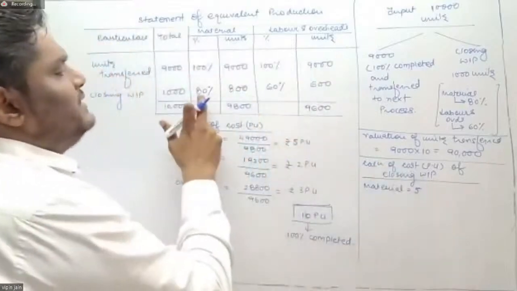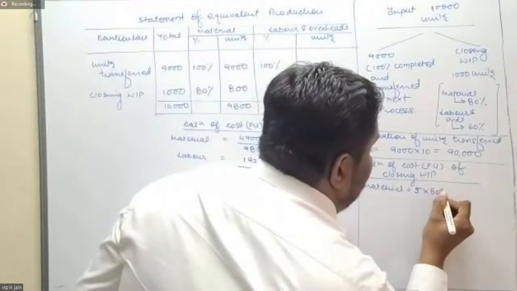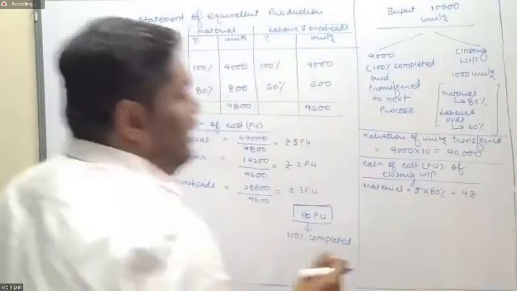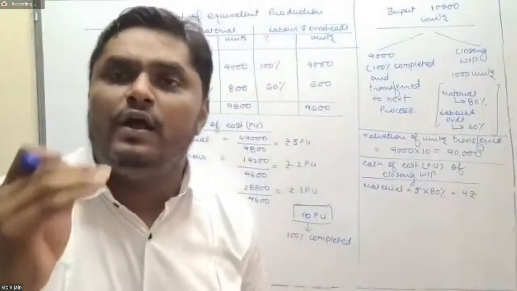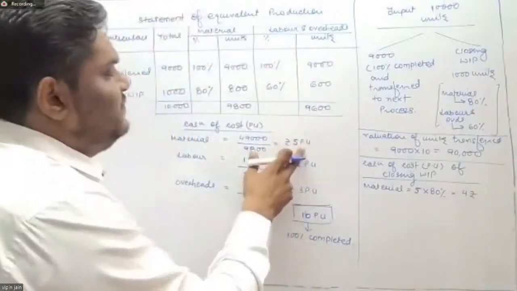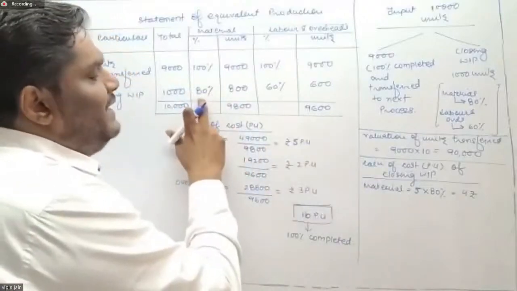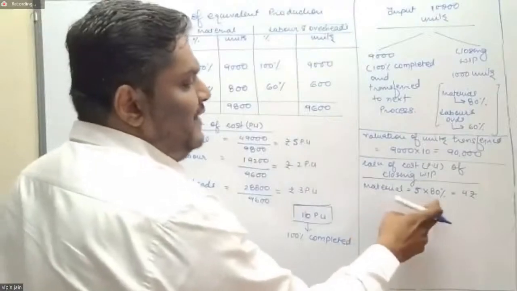And since material is completed only up to 80%, so 5 into 80%, so rupees 4. I repeat again, the material cost for a 100% processed unit is rupees 5. So since in case of closing work in progress, material is completed up to 80%, so 5 into 80%,